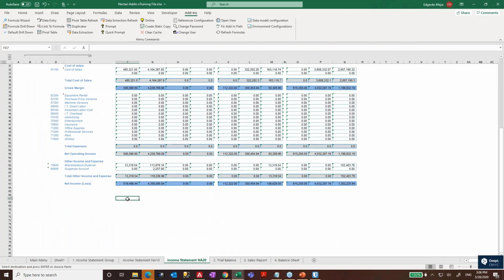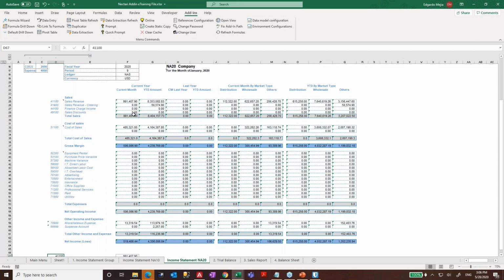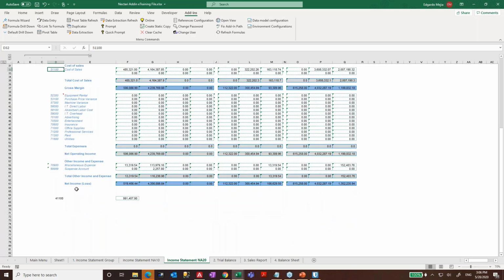Remember, in this list, we will automatically recognize a list. So I'm going to go in here and say, that's going to be my account 41100, but I can add more. Do you see here we have the cost? Let's add up the cost. So it's going to be the 51100. So we have the gross margin in here. So I can, with all confidence, say,